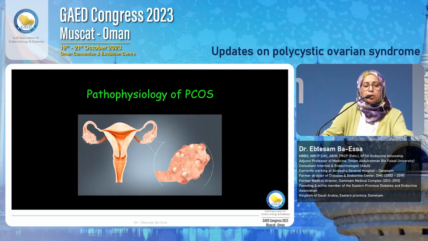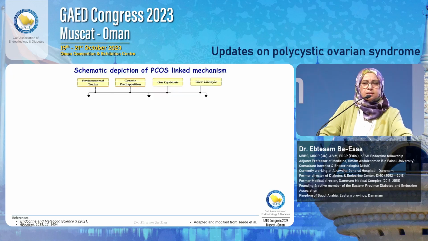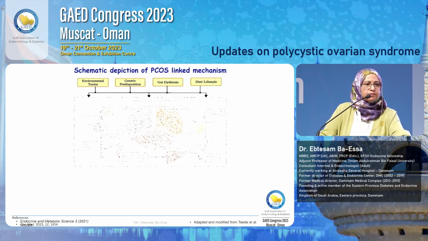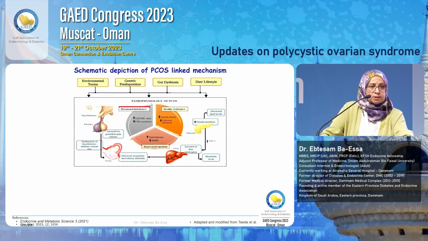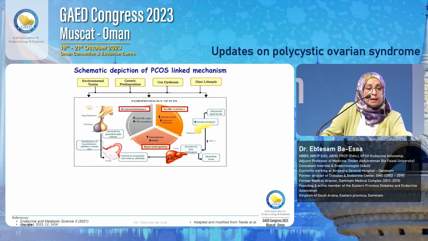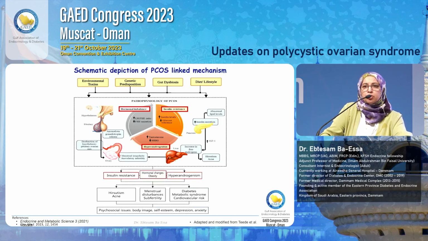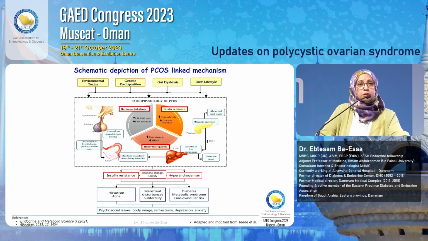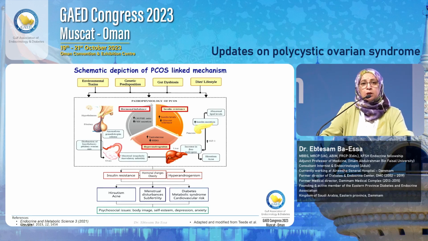So let us now quickly move to the pathophysiology of polycystic ovary syndrome. And for the sake of time, it is only summarized briefly in this slide. We start with some triggering factors that include environmental factors as well as genetic predisposition and lifestyle that will result in the hormonal imbalance that takes place in polycystic ovary disease, and this subsequently translates to the symptoms and signs that take place in people with polycystic ovary disease, in addition to the very important psychosocial aspect